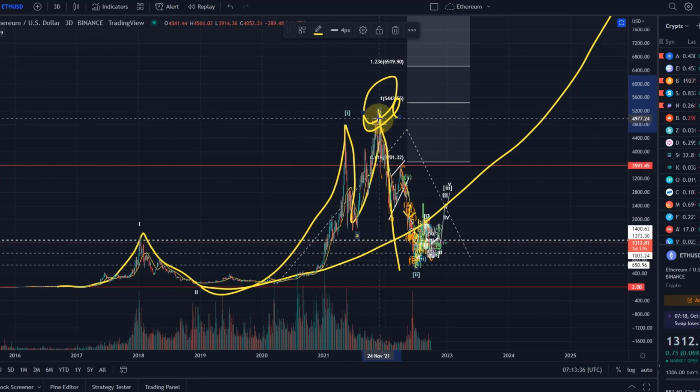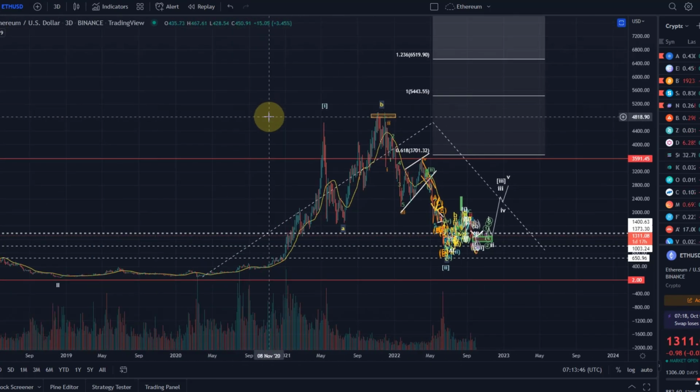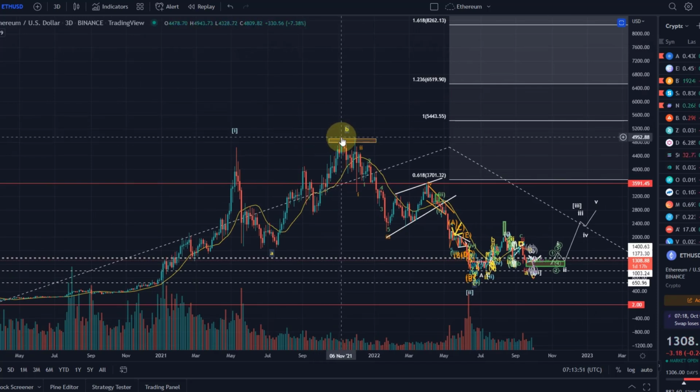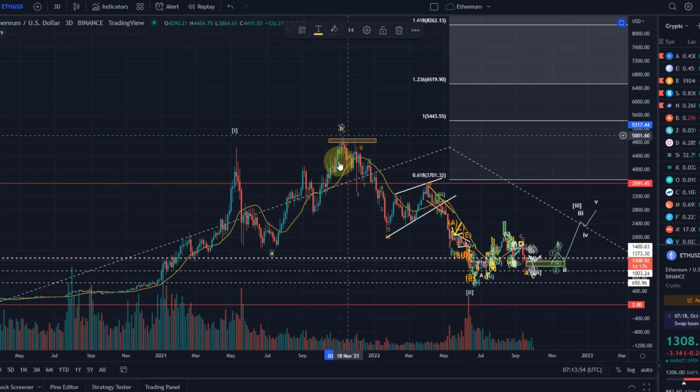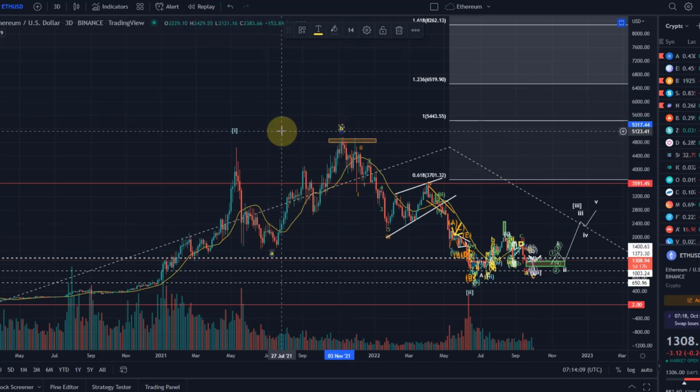We peaked basically in November 21 in an overshooting wave B, which means, based on the Elliott Wave method, or at least my interpretation of the chart, this here was an overshooting wave B in November 21. So it was a corrective move. And here you can see the 3-wave structure of it. You could argue that whatever that was down here was a 1, 2, 3, 4, 5. But it just matches the entire chart much better if this was an overshooting wave B.